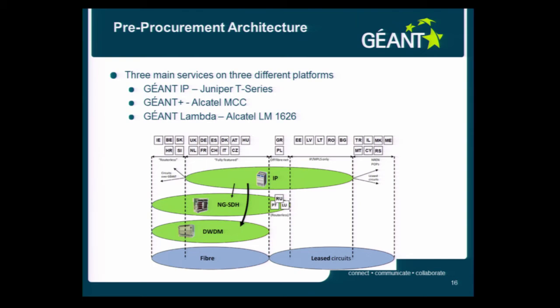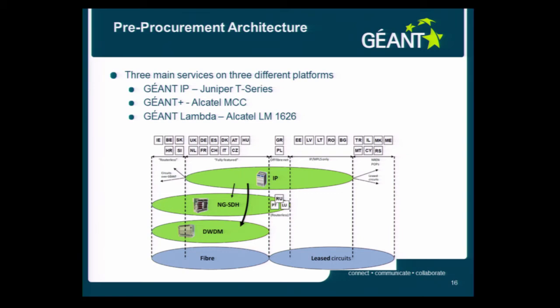And then Giant Lambda, which is the Lambda service, 10 gig wave. It could support 10 gig and 40 gig as well, but mainly the Lambdas that we delivered were 10 gig. Only 2 40 gigs were in use, which were for Giant IP purposes, and that was on this layer. So you can already see that we had so many different types of POP. In these POPs we only had SDH and DWDM equipment.